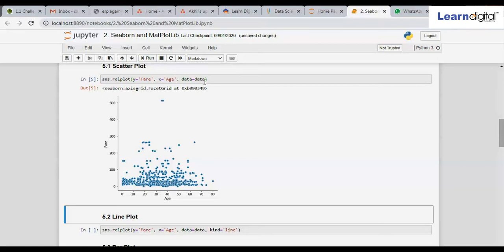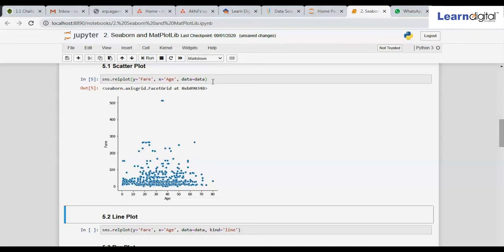Since I have stored all the data in our data variable, I have mentioned data equal to data. As you can see here, data is equal to data is mentioned. We have mentioned y-axis, x-axis. So the plot is ready. If you miss any one variable, it will show you a syntax error.